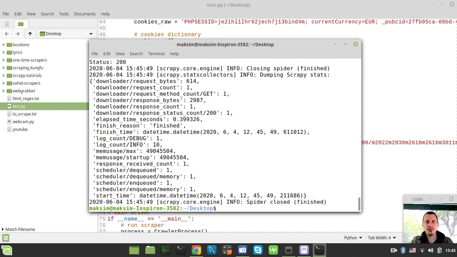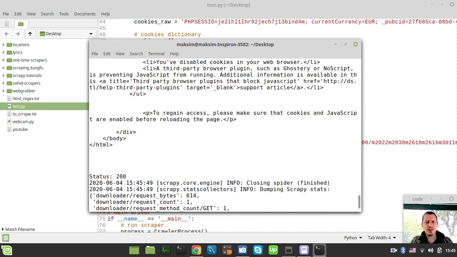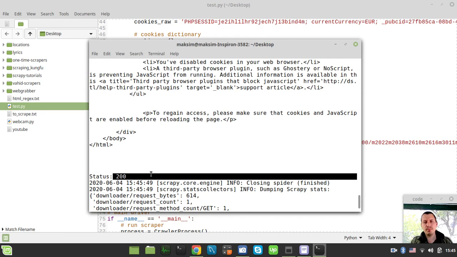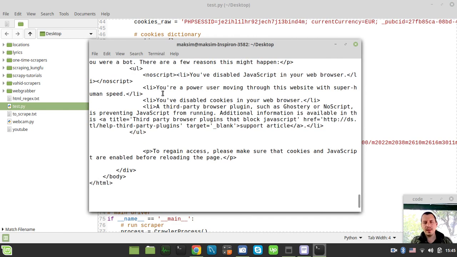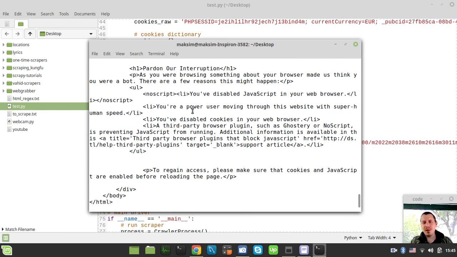Well, at least it has to. No, it doesn't. Okay, it does return status 200, but you see, it says you're a power user moving through this website with superhuman speed. That's one of the assumptions by this site, and it says to make sure that cookies and JavaScript are enabled before reloading the page. And first I was wondering maybe that's the matter of JavaScript, but I tried to make